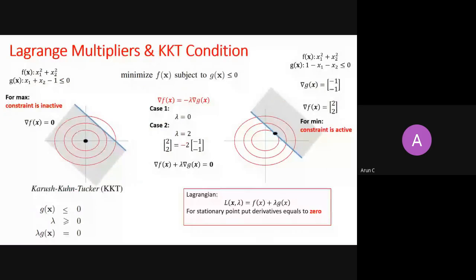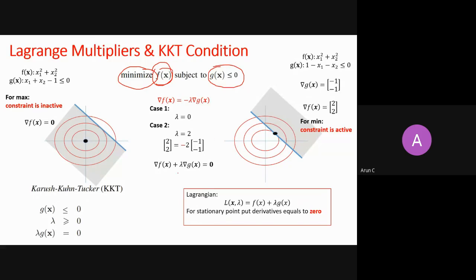So now the idea is I want to minimize my function fx, such that my constraint is in the standard form. gx is always less than or equal to 0, right? So if I want to minimize my fx, I need to walk opposite to the gradient of fx, right?